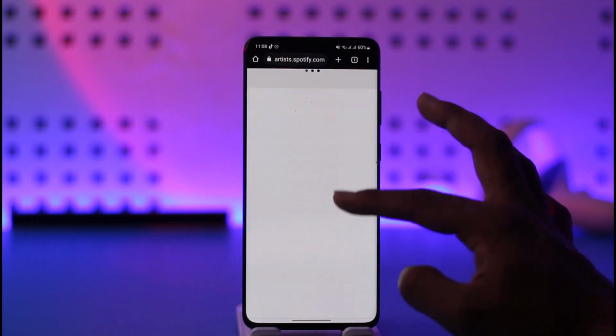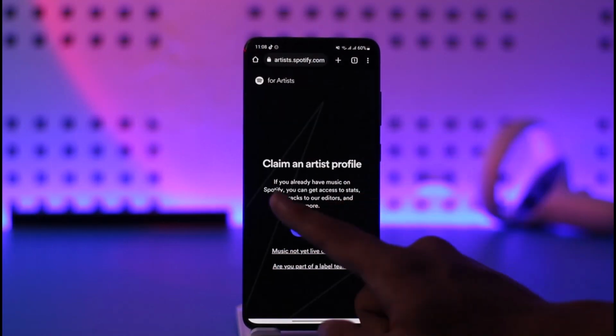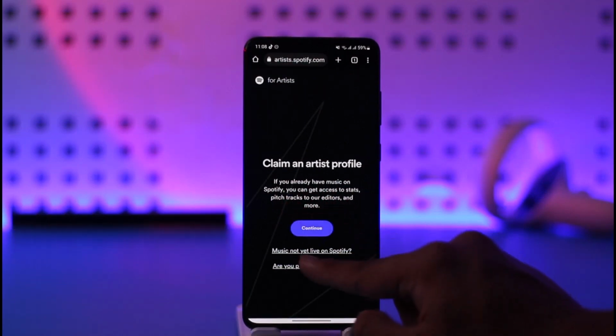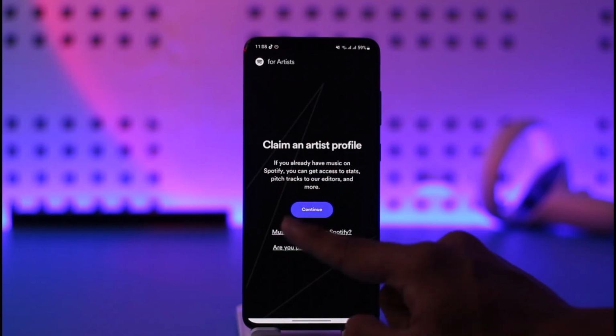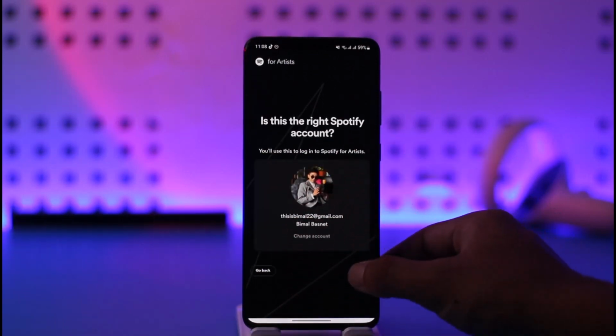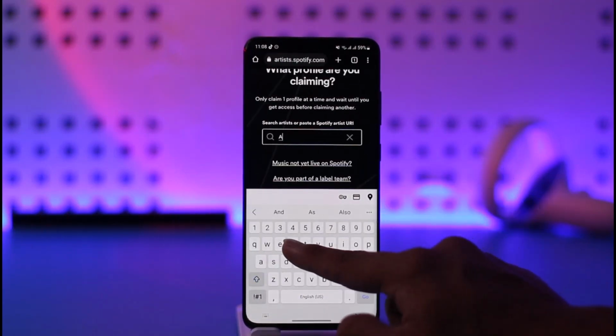Once you've done that, it will just take you to this page where you can simply go ahead and basically claim an artist profile. If you already have music on Spotify, you can get access to stats, pitch tracks to our editors and more. So you can just go ahead and tap on the continue option. You can just go ahead and select you'll use this to log into Spotify for Artists, so just tap on yes. So now you can simply go ahead and then search for an artist name that you would like to